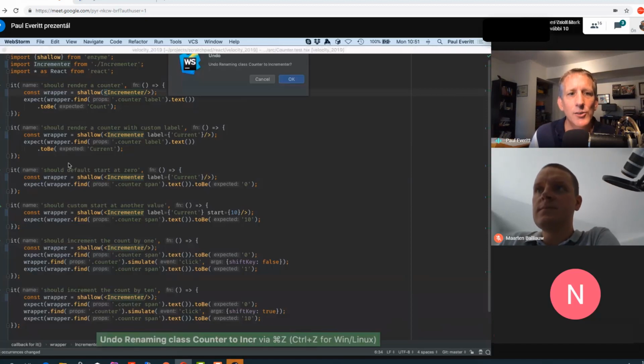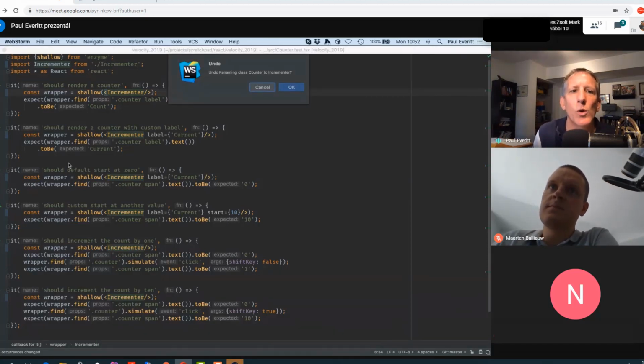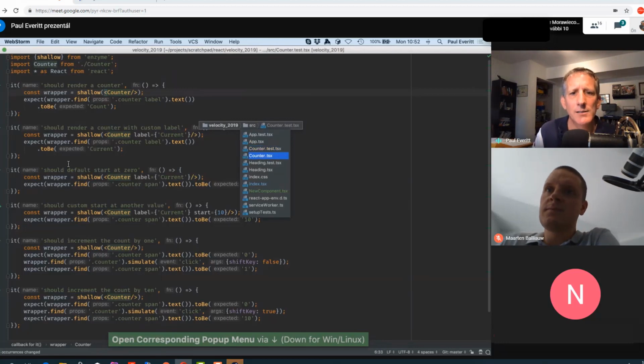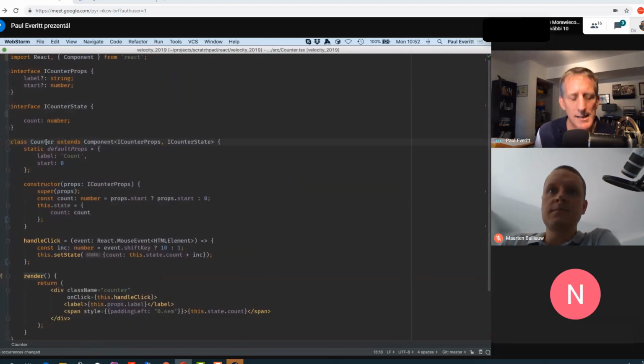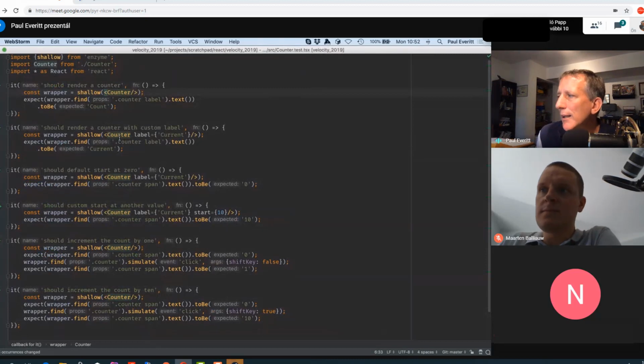Instead, undo remembers that refactor rename as one transaction. You say okay, and it's fixed the name of the file. It's fixed the name of the symbol back to counter, and then all the usages of it are back to counter. That refactor rename is worth $1 million or €1 million, I should say, just for that one case.